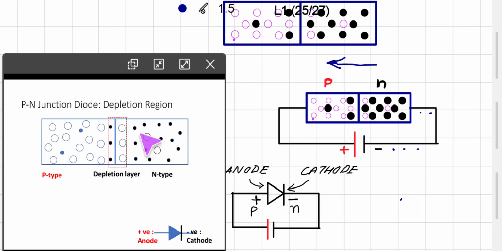But what happens, see, as the higher positive potential is there, some of the electrons get attracted by this. Similarly, some of these electrons get attracted by this. So some electrons enter the P region and some holes enter the N region. But after some time this kind of diffusion does not continue. After some time you will see that this electron is getting attracted by this hole on one side, and on the other side also there is a hole, so the process stops.